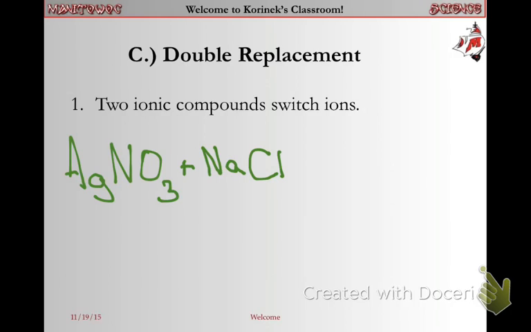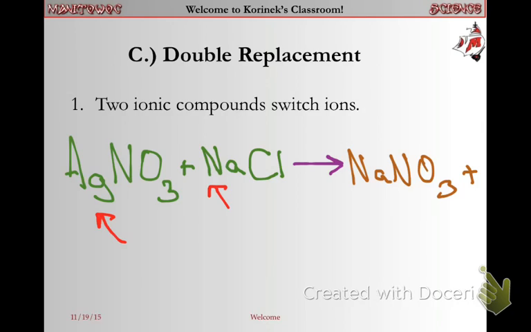Now, what happens is the ions switch. So if you think about what the ions are, the positive ions, better known as the cations, in this example are sodium and silver. So they're going to switch partners. We're going to have the sodium pairing up with the nitrate, and the silver pairing up with the chlorine. Okay, so sodium, NaNO3. I'm going to run out of room, so I'm going to go down here. And then finally,